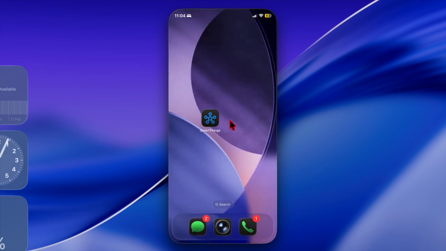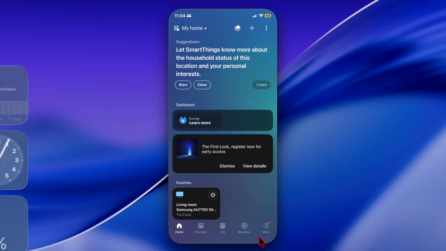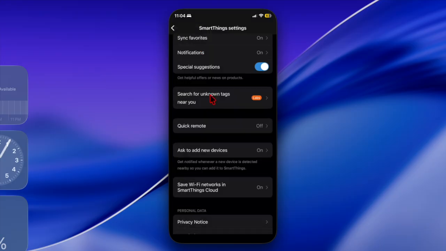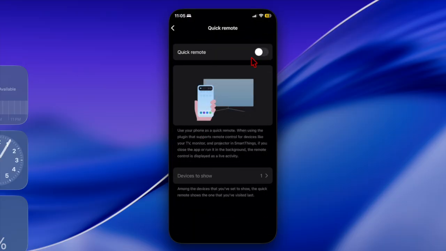So first off, you have to launch the SmartThings app on your iPhone. Then you have to hit the menu button located at the bottom right corner of the screen. Then you have to hit the settings icon located at the upper right corner of the screen. After that, you have to choose the quick remote option and turn on its toggle. And you're all set. Going forward, you can use your smartphone as a quick remote as it will start showing